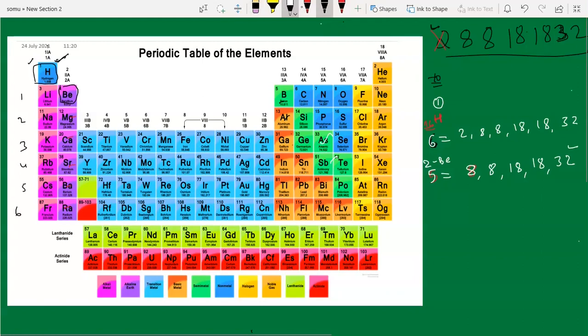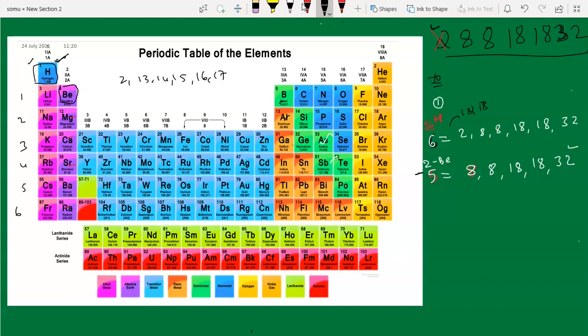Okay, next you can say. And suppose here this code applies for the second group, 13th group, 14th group, 15th group, 16th group, 17th group. This will apply for the first and 18th group also.